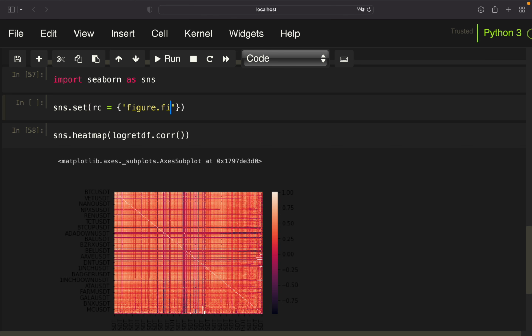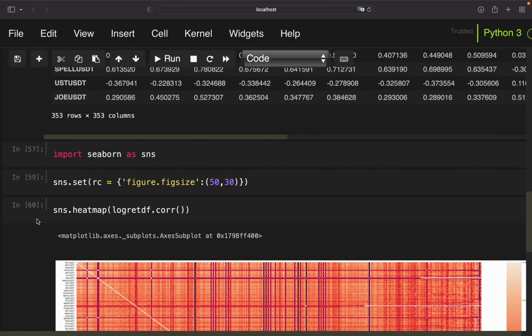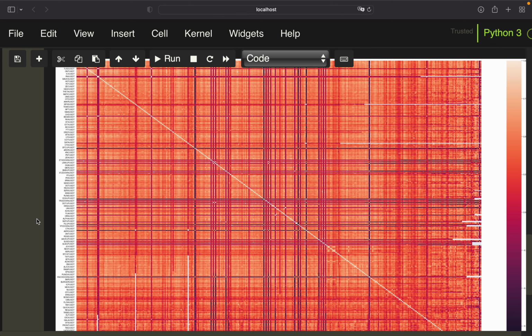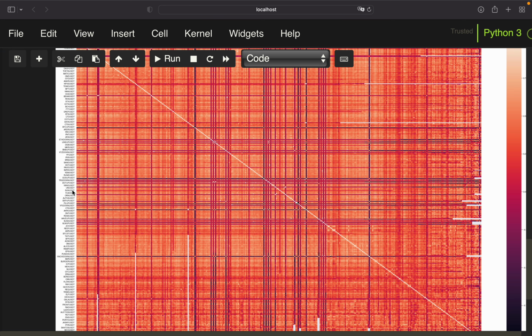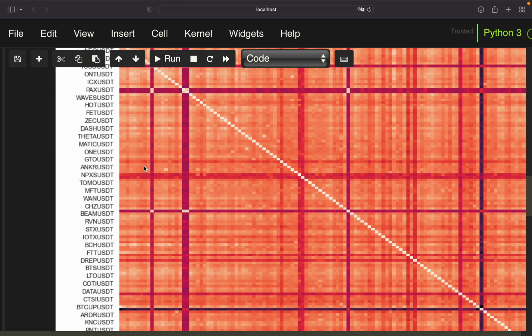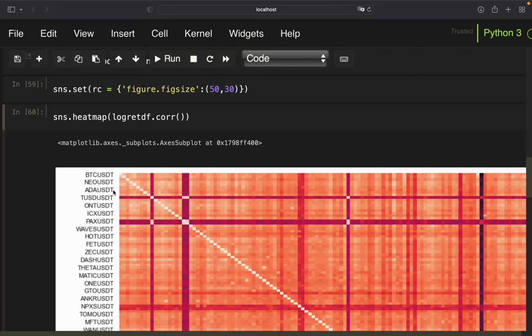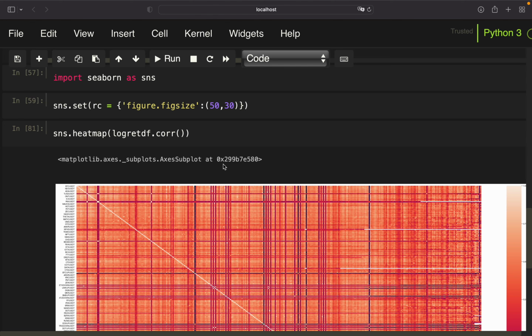So figure size. And I think in the community post I took 50 and 30 here. Right, so we can set that and plot that again. And as you see here, we are getting this big correlation heat map, right? So you can double click on that, getting more insights on that, right? By the way, someone was commenting this looks like a Scottish kilt, so I don't know